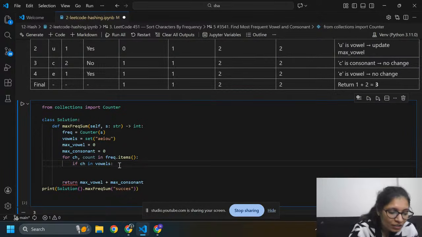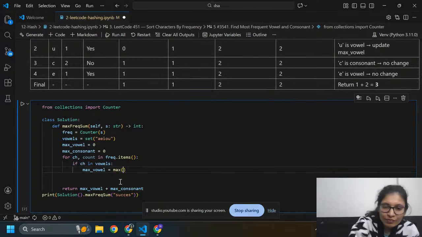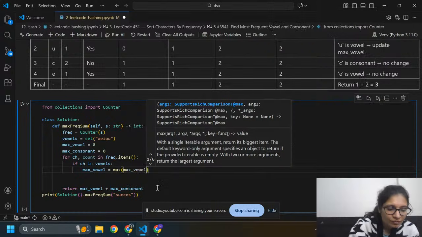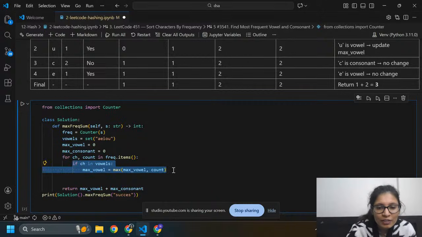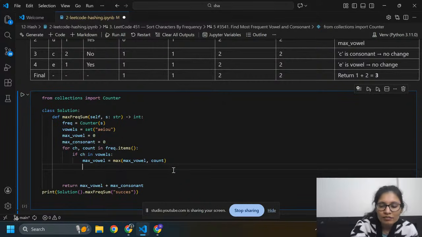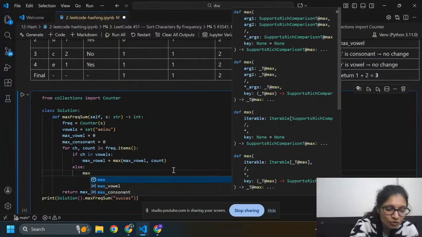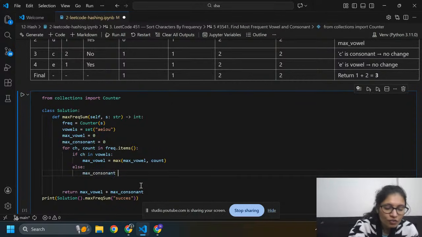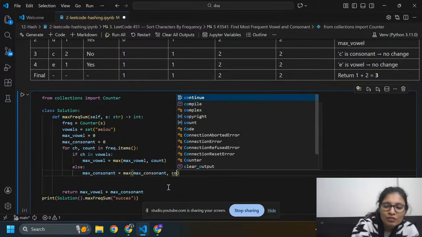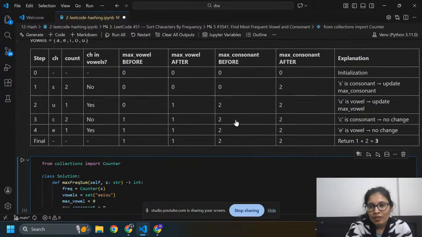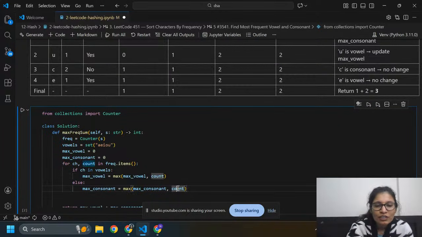No. If it is present in vowels, then we update the maximum vowel using max of max vowel and count. Otherwise, else, because it is not a vowel, it will definitely be a consonant. So max consonant equals max of max consonant and count. Here max consonant is 2, since s is a consonant, so now max consonant will be 2.